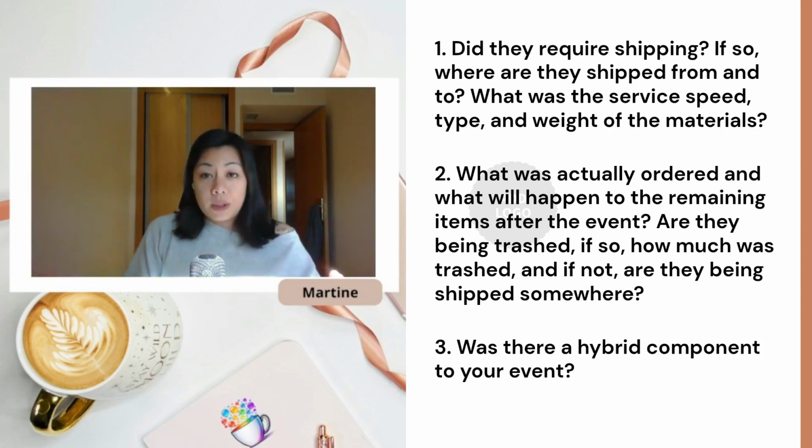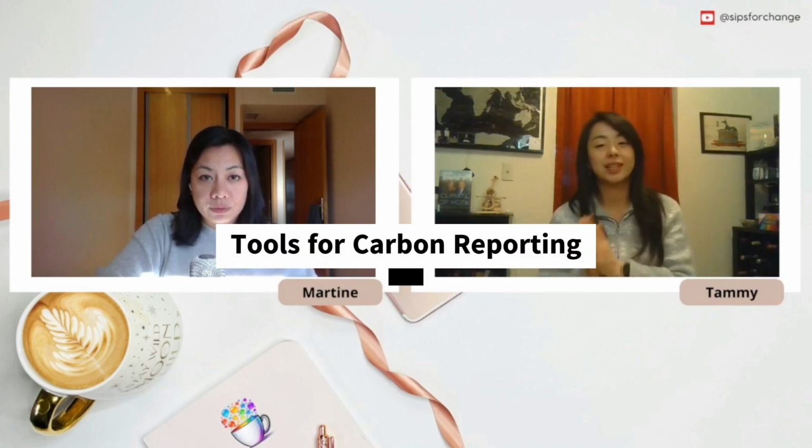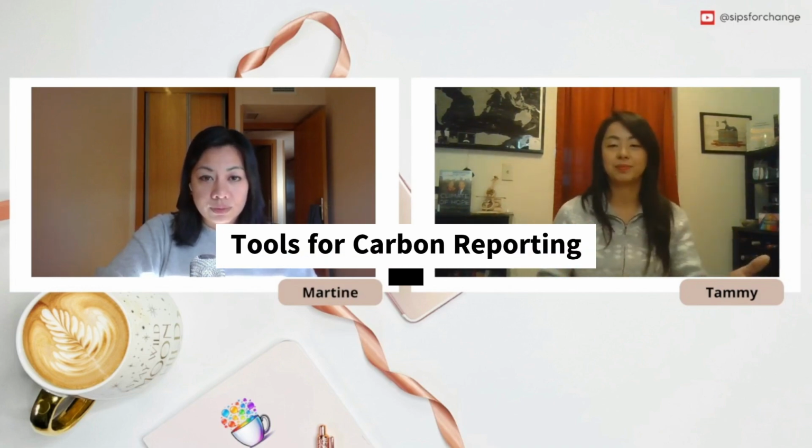Was there a hybrid component to your event? Virtual energy or platforms would factor in scope one as well. That's a great point, Martine. Obviously, we focus heavily on in-person events, but virtual events also have a carbon footprint. Like Martine said, that would most likely fall under scope one for the computers, the internet connection, and the office energy used to run the event platform. The attendees' own energy use and connection will fall under scope three, which seems almost impossible to measure, which is a good segue into chatting about the tools that can help you make this all a little easier.